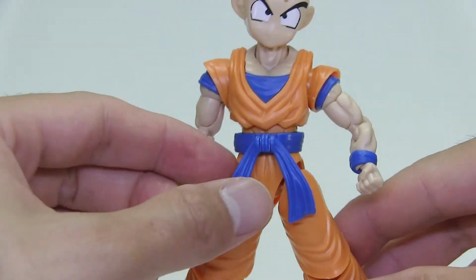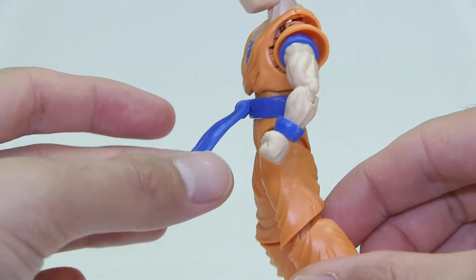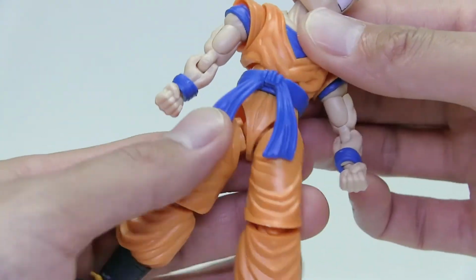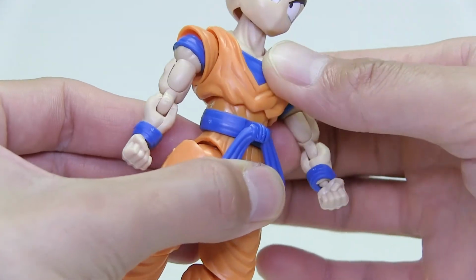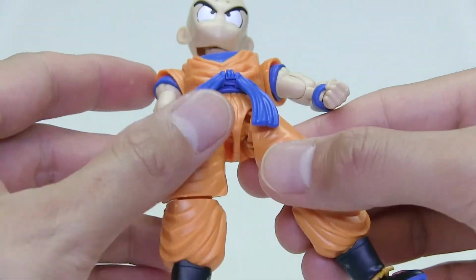As I mentioned earlier, Krillin's belt is articulated, but you don't really want to move it any further than that, or else you might risk snapping it. He does have a waist joint, so he can move side to side. He does have a bit of ab crunch, but it is kind of hindered by the top gi piece there. His hips